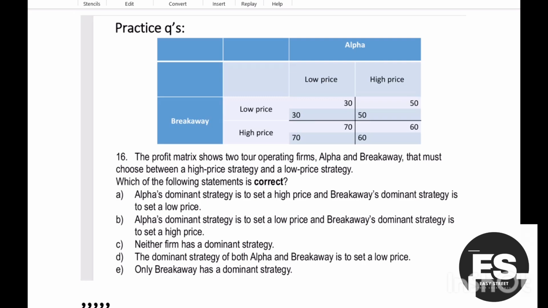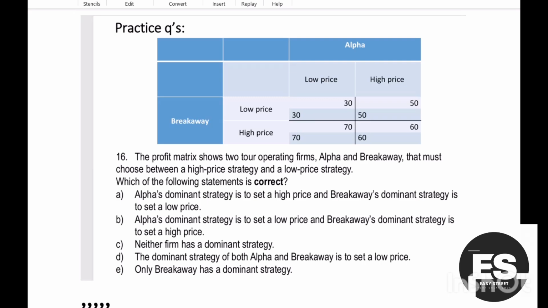So if you recall, we first ask, what will the left side do if the top does either action, and the top only has two actions, low price or high. The first action is this entire column, second action is this column. Okay, now then let's get into it. So